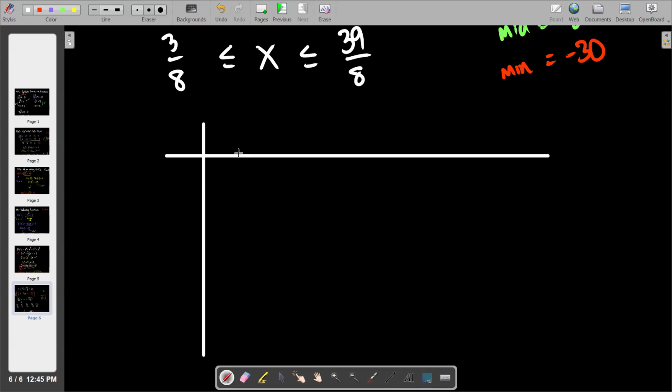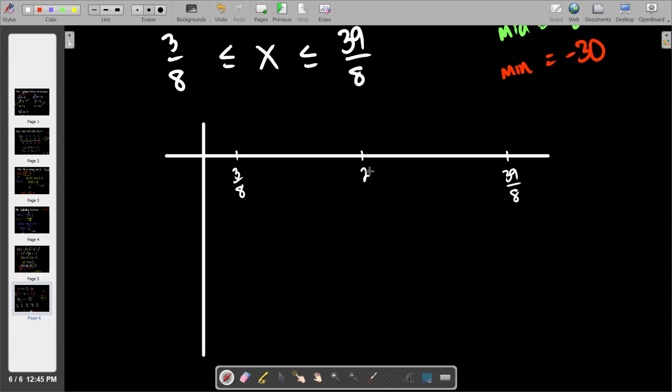I'm going to put 3/8 right about here. And then I'm going to put 39/8 way over here. And again, the hot streak continues. From 3 to 39 is a distance of 36. Half of 36 is 18. So if you add 18 to the bottom one, you get 21. So midpoint is